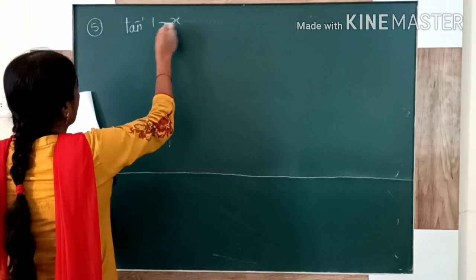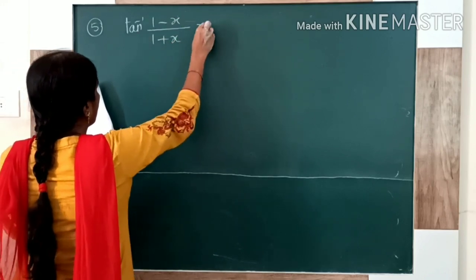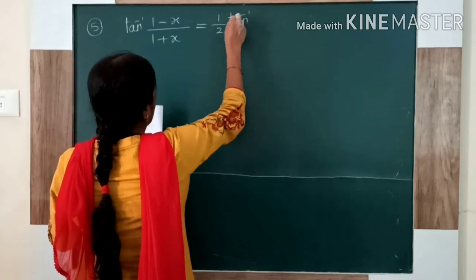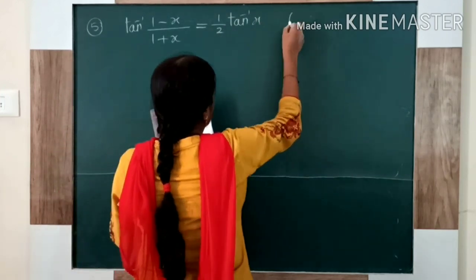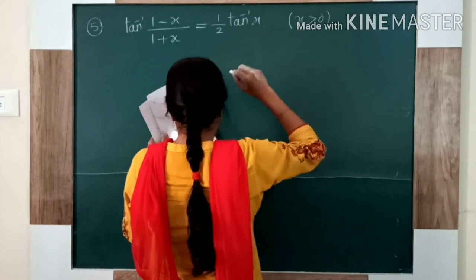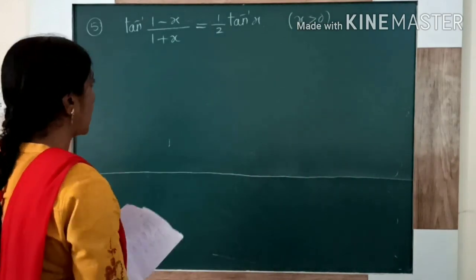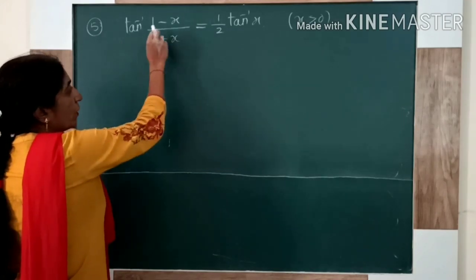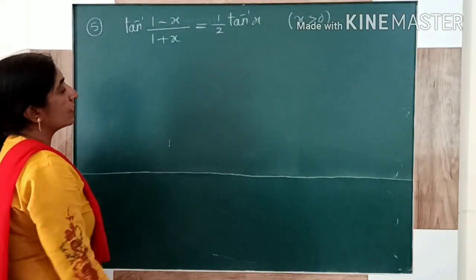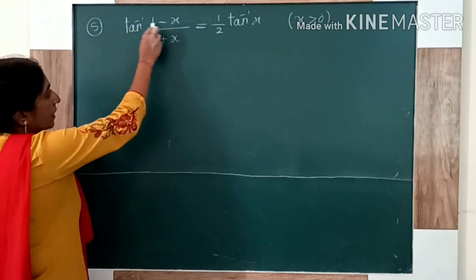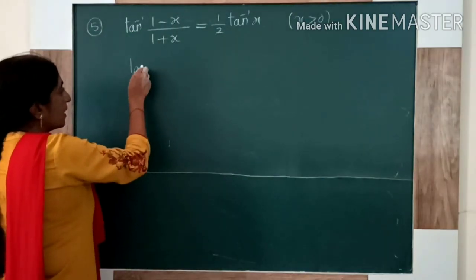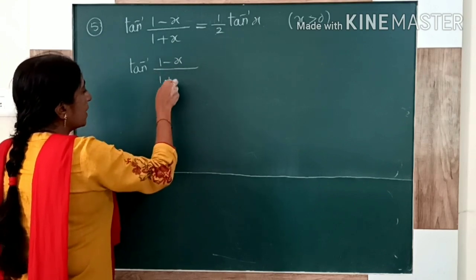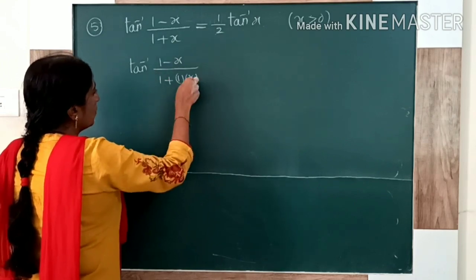Tan inverse (1 minus x upon 1 plus x) is equal to 1 by 2 into tan inverse x. And remember students, for the same examples we have different methods. You can solve by any method. Here also the problem is solve for x. So again we have to write LHS as well as RHS. After writing both, now I am writing LHS with a little bit small adjustment, but it will not affect the problem anyway.